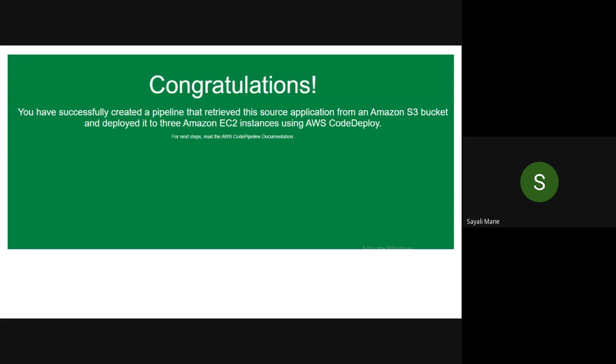Just follow the steps or click on the URL. You will again get the green screen like that. Refresh it, and then you will get your message. So now take a screenshot of your message. Here you will see the difference between the previous one and the last one, and you can also show it in the external.